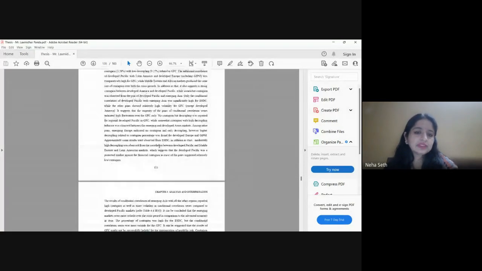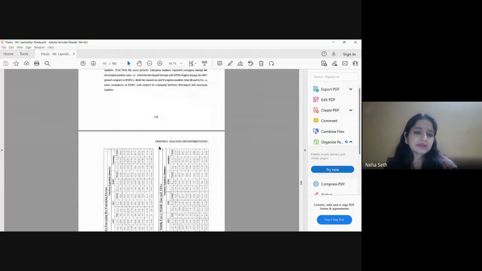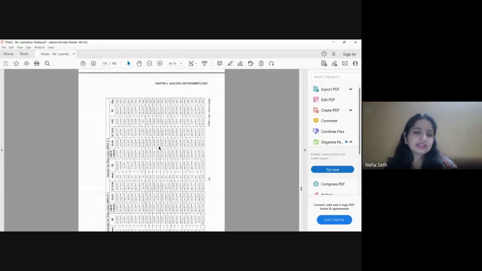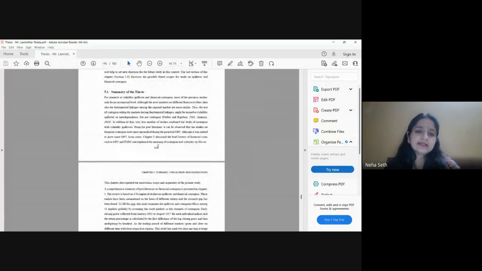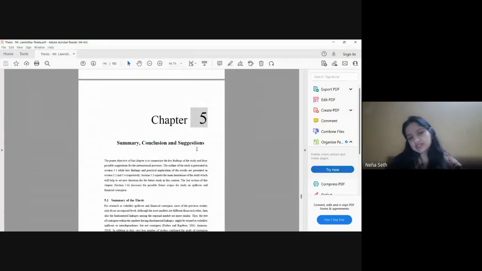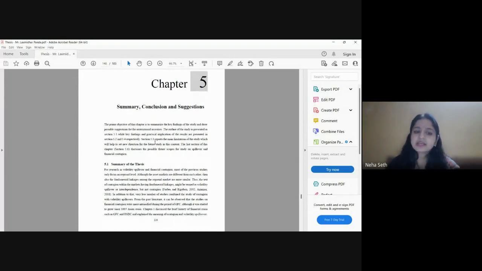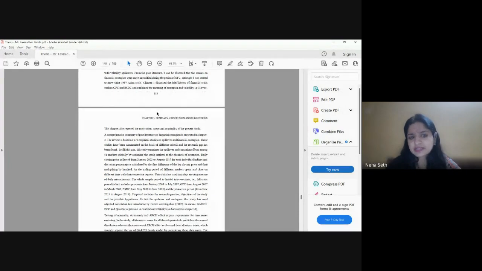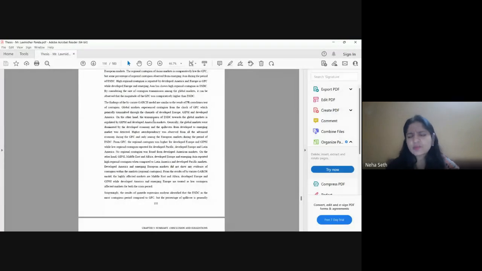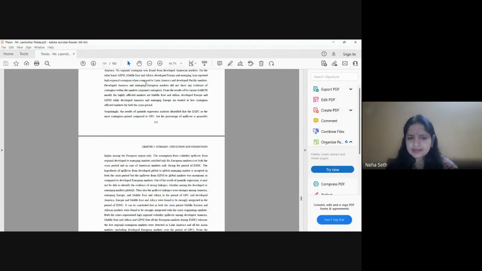Once we are done with the data analysis and interpretation chapter, the last chapter that we have given in the thesis is the conclusion. So this is the summary, conclusion, and suggestions chapter. This is the last chapter, where we have summarized the thesis. As I mentioned, sometimes the reviewer can go to the last chapter directly. Here we have given the summary of what we have done in the thesis, so by reading this chapter only, he will get the complete idea of what is there in the thesis.